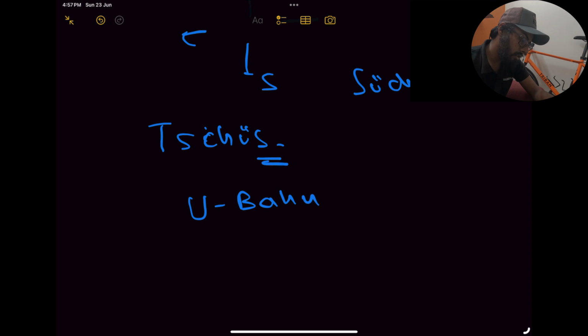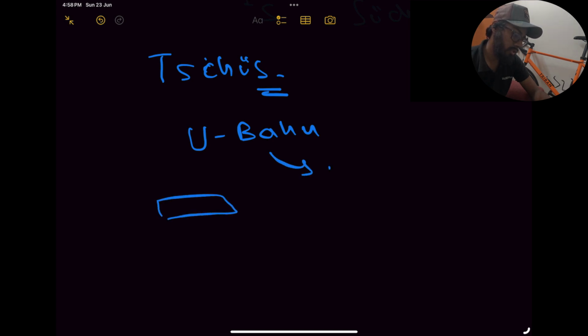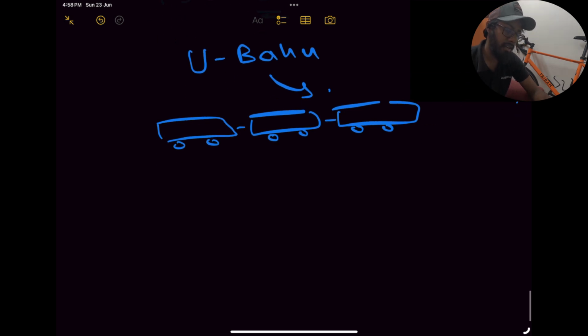U-Bahn. So U-Bahn are these daily commute vehicles which you use if you want to travel a longer distance, and even for short distances it works. So you have these subways, and I will draw something for you. U-Bahn looks something like this. My drawing is not nice, but I am improving. So this is your U-Bahn. You can come downside here, and then you can grab one U-Bahn to reach your office or school or wherever